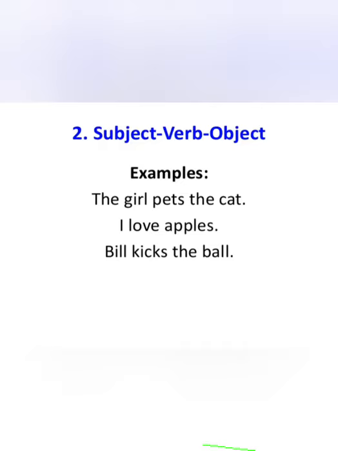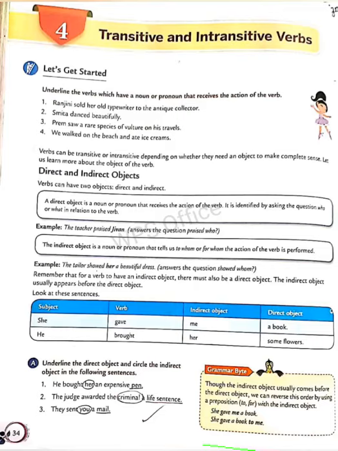You know, a sentence has a subject and a predicate. Yes, the subject consists of a noun or a pronoun, and the predicate portion consists of the verb and the object. Here we'll talk about transitive and intransitive verbs, and we can only understand this when we know the object in the sentence. For example, if I say